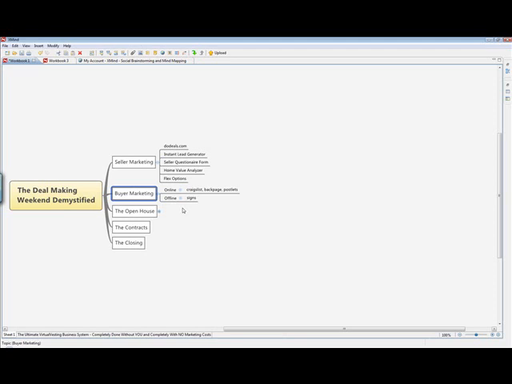When we tell them we're going to meet with them, we don't call it an open house. We just schedule a time. So we say, hey, we're going to meet you at 2 p.m. on Saturday. That's the only time that we're able to meet you. So can you make it? So what we do is we go online and we post a bunch of ads on Craigslist, on Backpage, and on Postlets. Okay, Craigslist.com, Backpage.com, and Postlets.com.